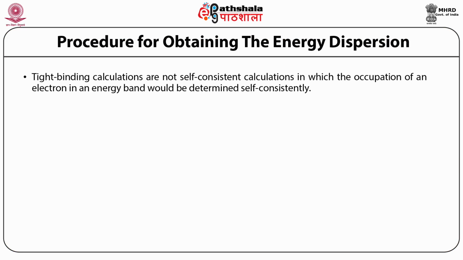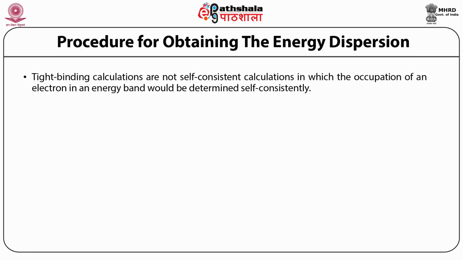For the selected k points, then solve the secular equation and obtain the eigenvalues, that is Ei(k), where i varies from 1 to n, and the coefficients Cij(k). Tight binding calculations are not self-consistent calculations in which the occupation of an electron in an energy band would be determined